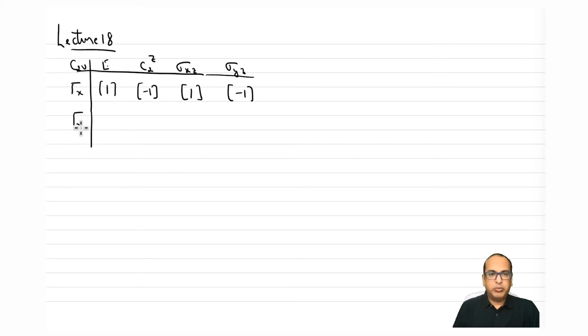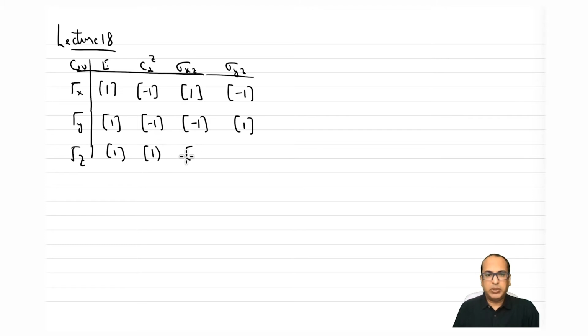So writing this should be fairly simple. So for y, again, it will be 1. C2z, again, it will be -1. Now this will be -1 and this will be +1, right? And for tau z, all the characters or matrix elements will be just +1, right? So that should be very clear.